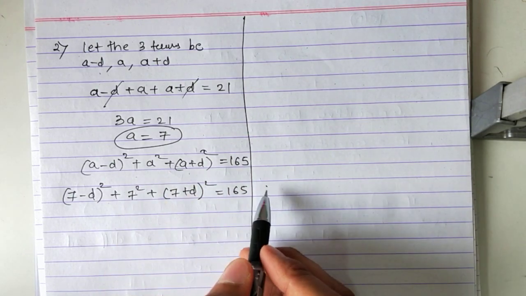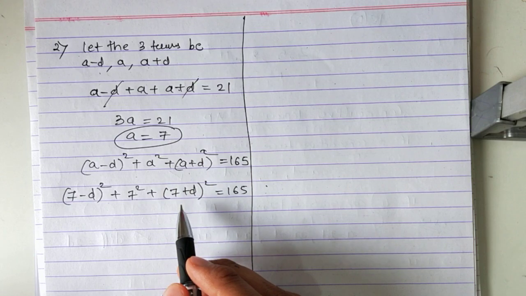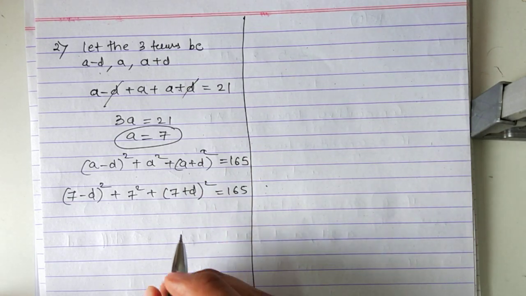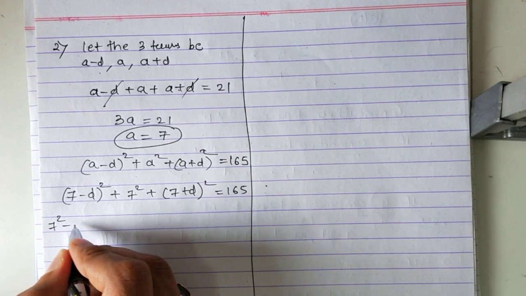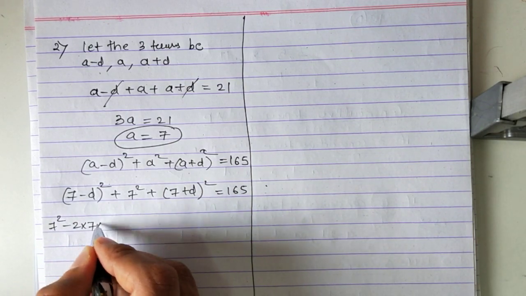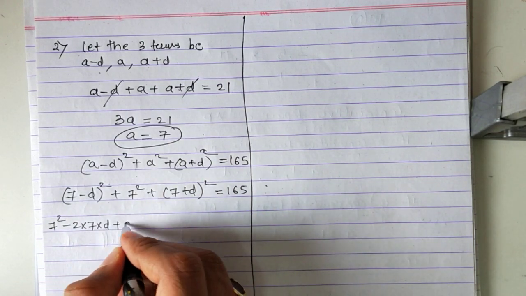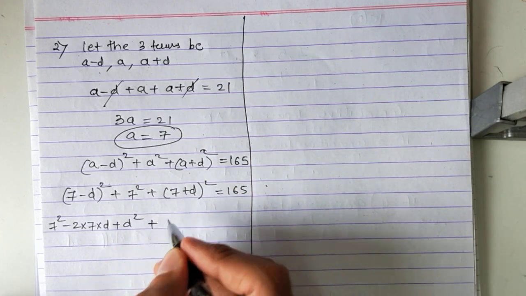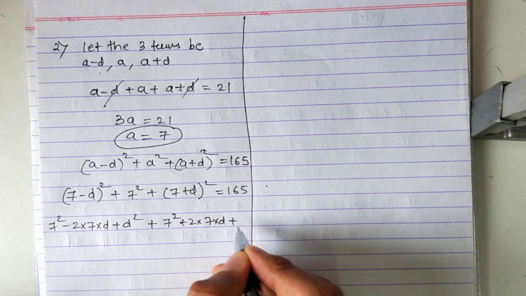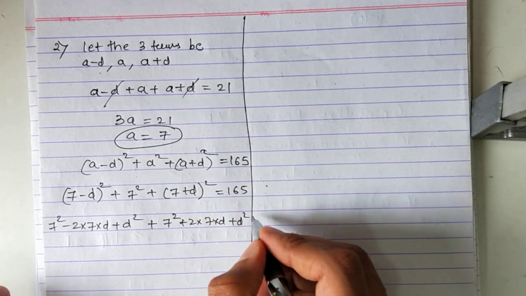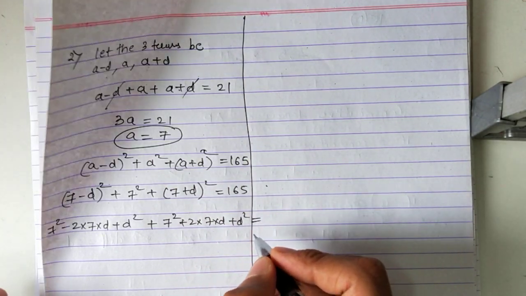Okay, this 49, and this bracket will get opened using the expansion formula. So a minus b the whole square, what is it? a square minus 2ab plus b square, plus a square plus 2ab plus b square, equals